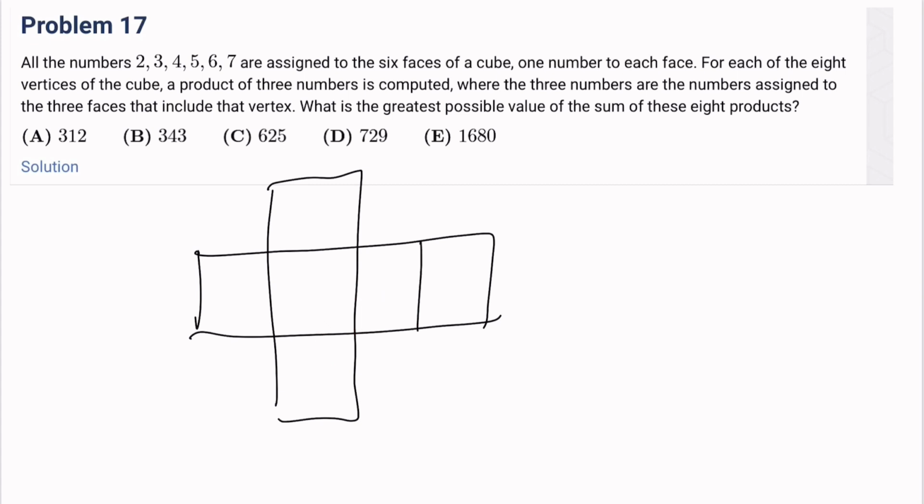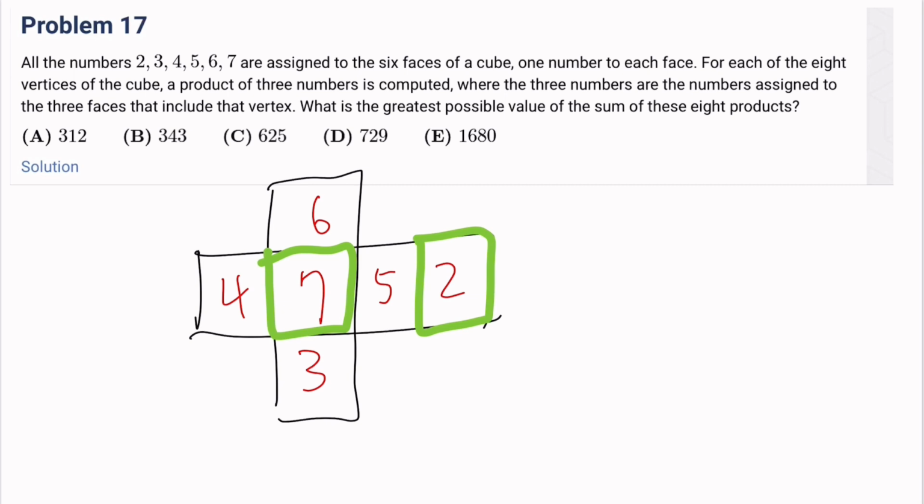And so we need 7, and we need the 4 other largest numbers to be surrounding it, right? And so we need 6 and 5 right next to each other, because those 3 will make the biggest combination, and we need 4 here too, right? And we need 3 here, and that will naturally leave 2 here, right? And so now if we look at 7 and 2 as the bottom and top faces, then we get that